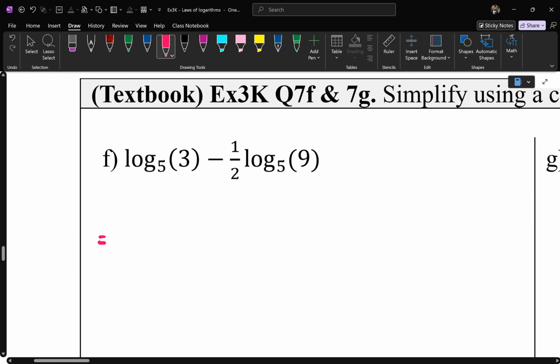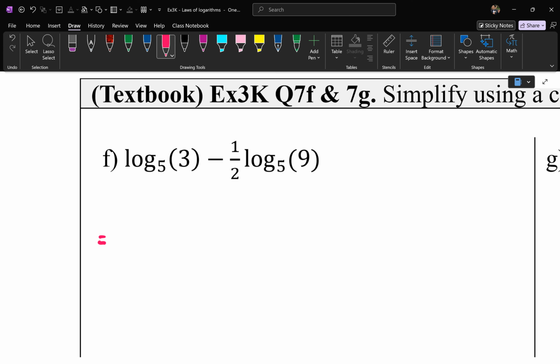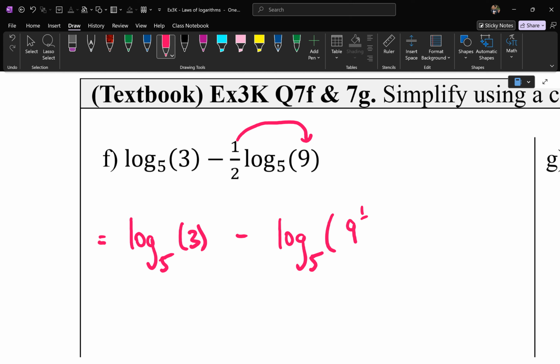Yeah, I know you have to simplify. Log law number 3 on this one. Don't leave the half at the front. You can't combine these two. Just because you have a takeaway and the same bases, you have to get rid of that half first. So that half, log law number 3, bring it to the top. So what you get now is log base 5 of 3, take away log base 5 of 9 to the power of half. Now, using your understanding of exponents, 9 to the power of half is the same as what,